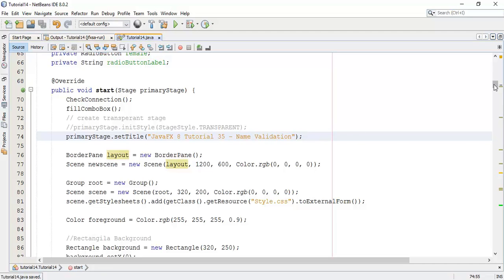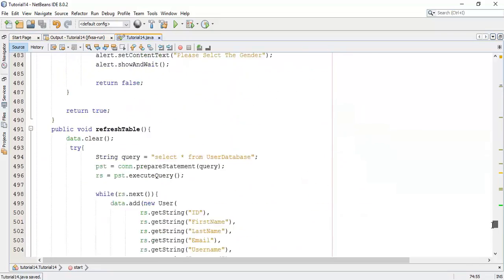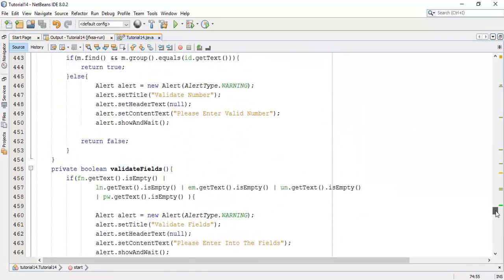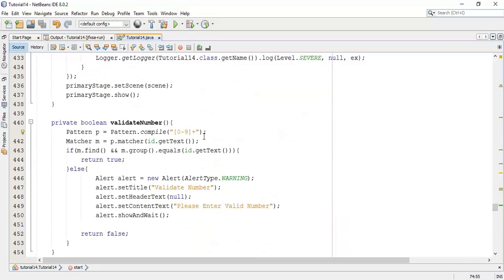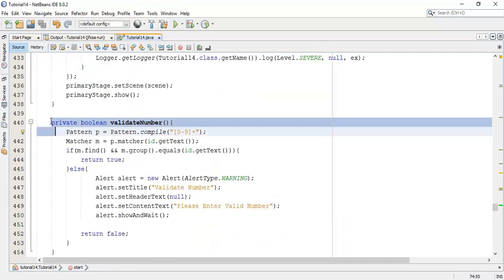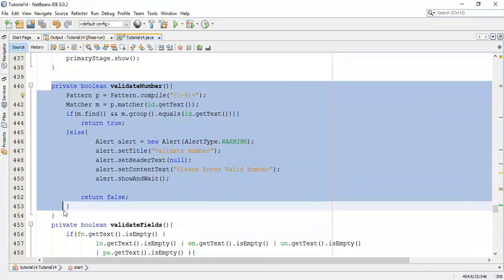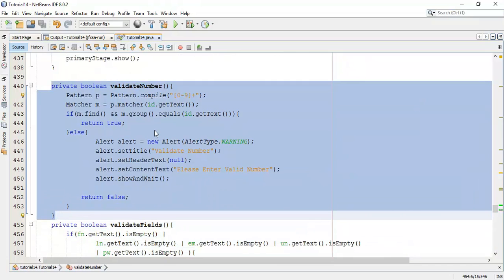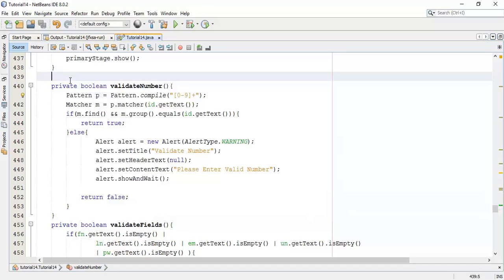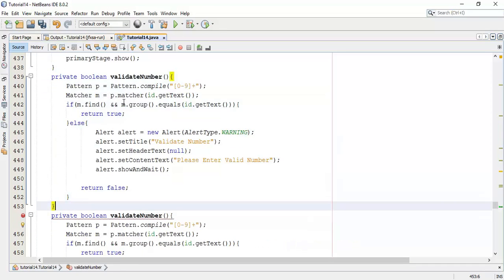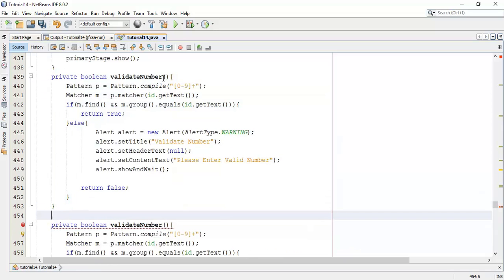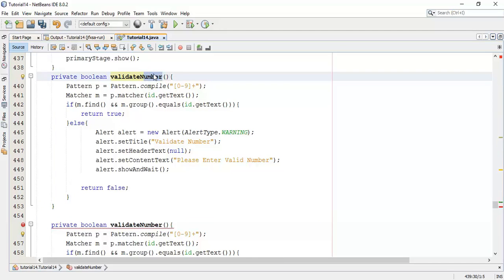Now come to the validation classes. I'm going to copy the class which we have created for validate number and create one for validate first name.